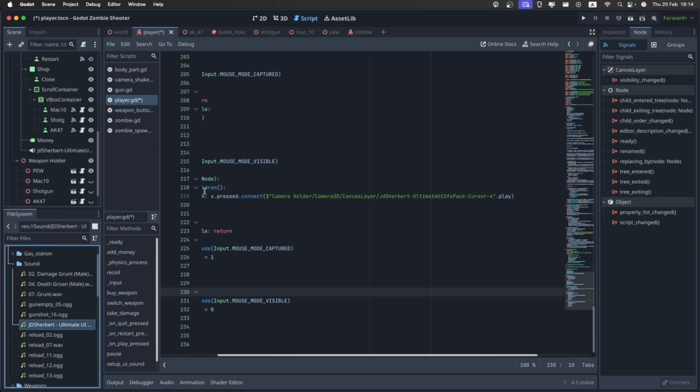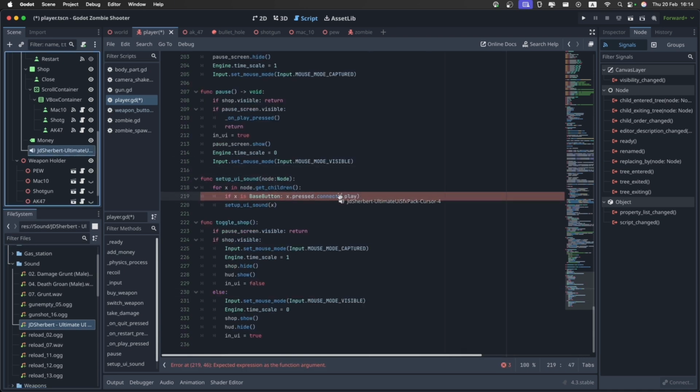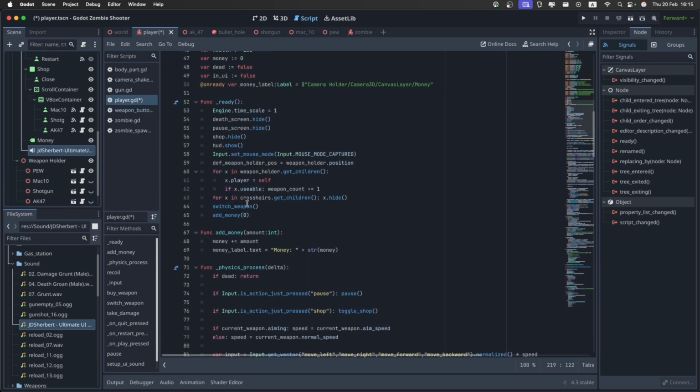And as you can see, it's right here. And if you want to make sure that the reference is correct, just completely remove it here and just drag it over right there, and it should work. And now we are probably done with the player,